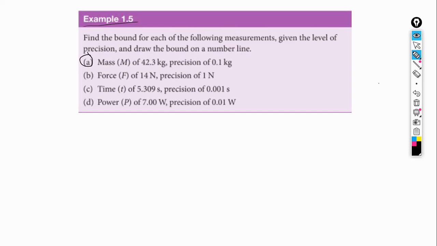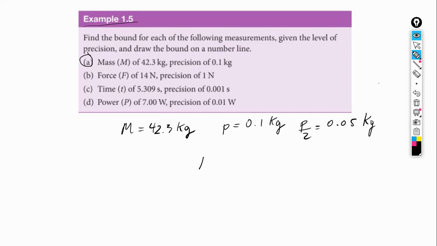It says mass M, so M is equal to 42.3 kilograms. And it says that the precision of the instrument they're using to measure the mass is 0.1 kilograms. That means that p halves would be 0.05 kilograms. Okay, so then if you want to find the bound,